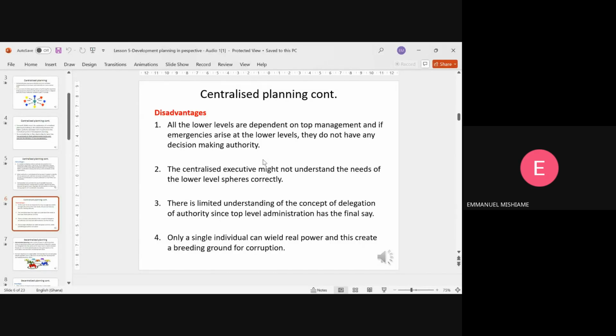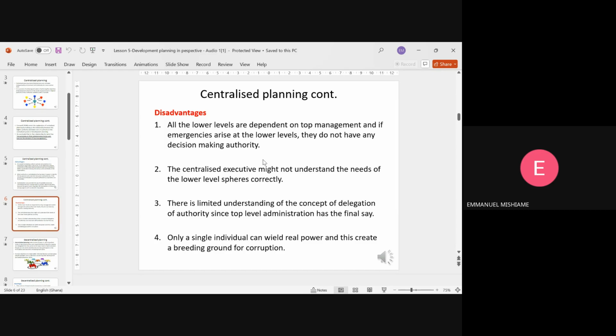However, there will be certain disadvantages, as may be running through your mind already. Number one is that all the lower levels are dependent on top management, and if emergencies arise at the lower levels, they do not have any decision-making authority. In the time of an emergency, you have to call somebody at the top: what should I do? Can I do this? Can I do that? By the time such life-saving interventions are implemented, some people may have died or the situation could have gotten worse. Why? Because decision making is done at the top,